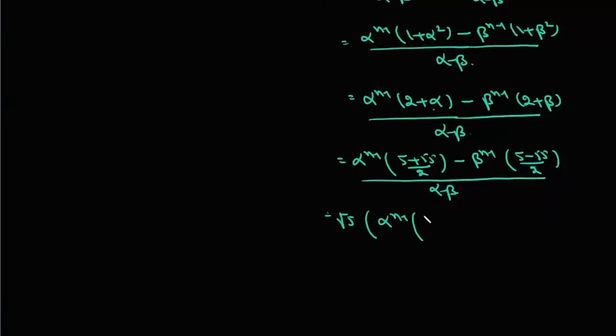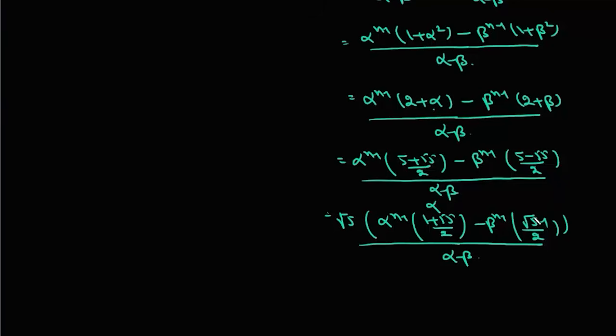alpha to the power n minus 1, and this is (1 plus root 5)/2, minus beta to the power n minus 1, (root 5 minus 1)/2, upon alpha minus beta. Now (1 plus root 5)/2 is alpha, and (root 5 minus 1)/2 is minus beta. And also if we look at alpha minus beta, if we subtract them, this 1 by 2 will cancel, so we'll get root 5. So alpha minus beta is equal to root 5, and this is alpha to the power n minus 1 into alpha, so it is alpha to the power n, and minus 1 is plus beta to the power n. So from here we can write